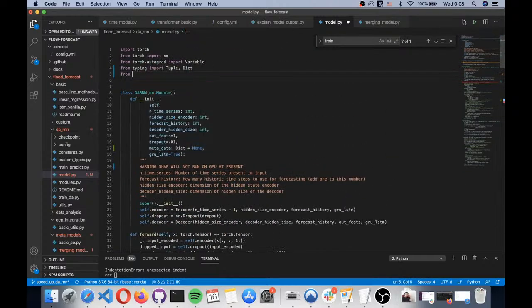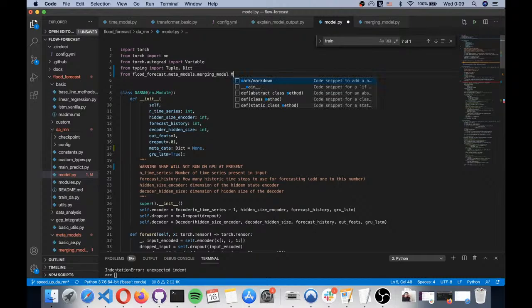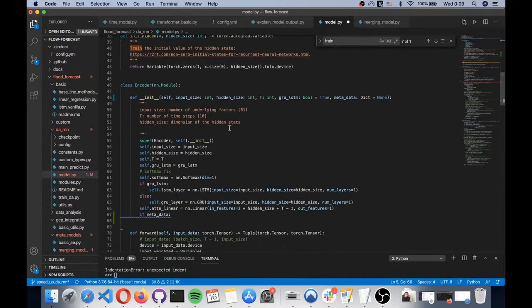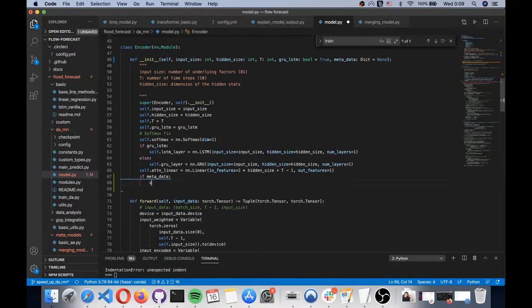So from flood_forecast.merging_model import Merging, and we'll just import that. So yeah, self.merger equals,